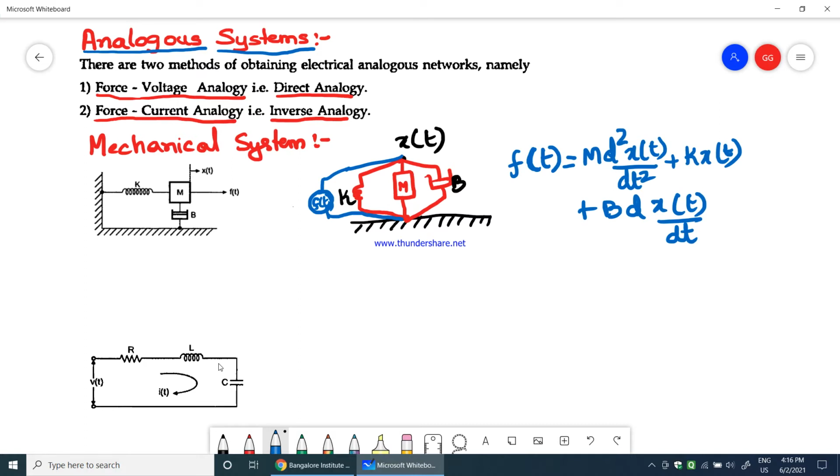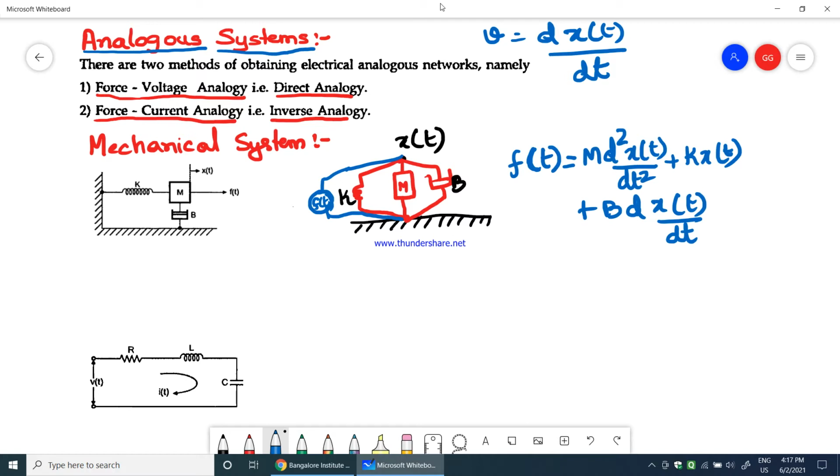Now I'll write the displacement in terms of velocity. We know that velocity is nothing but the time rate of change of displacement. If I want to write the time rate of change of displacement, then we go with d by dt of x of t. The differentiation is nothing but the variation of that parameter in terms of time. Therefore v equals dx of t by dt is the velocity equation in terms of displacement.